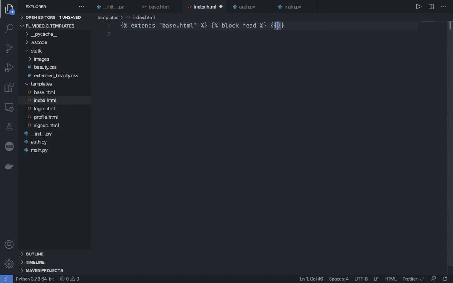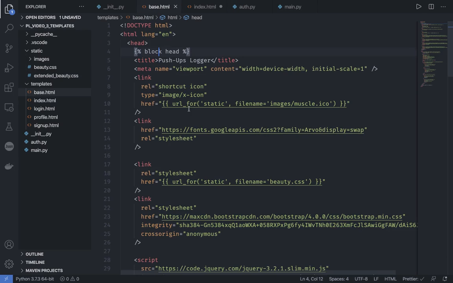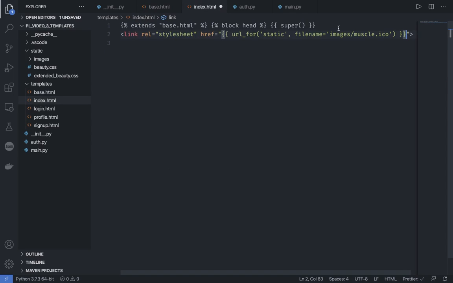So we just write that we are inheriting everything from the main base, so inheriting from super. Then we add our own CSS file. So I'll be linking here, and we want the extended beauty here. So let me just go back and copy the code for adding the link. Go here, we have our static and the file name is extended